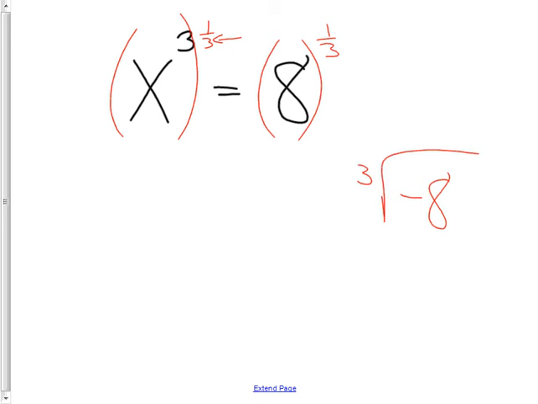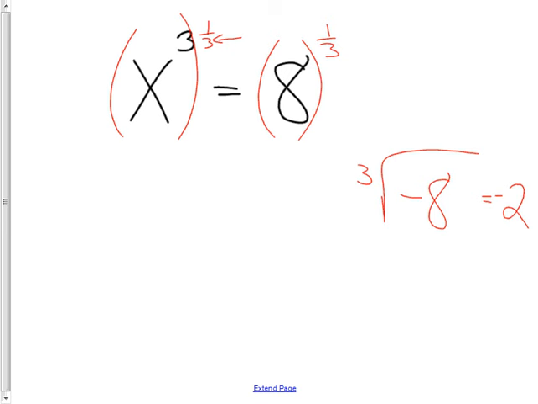No, because I can actually have an answer for that. What is the answer to the cube root of -8? What do you think it is? A little louder. -2. Because why? Because -2 times -2 times -2 makes -8. So it's totally okay to have a negative under that kind of a root because I can answer the question